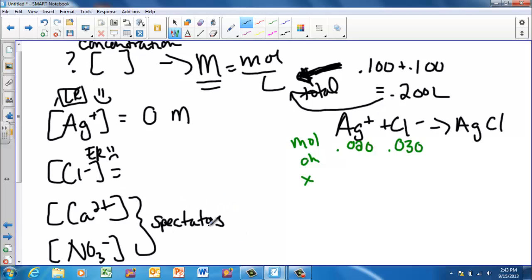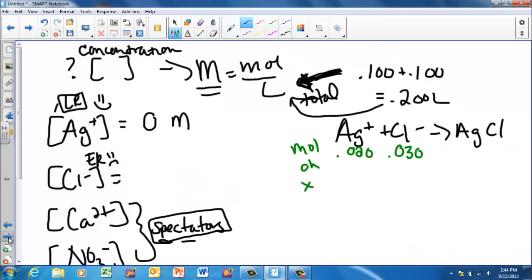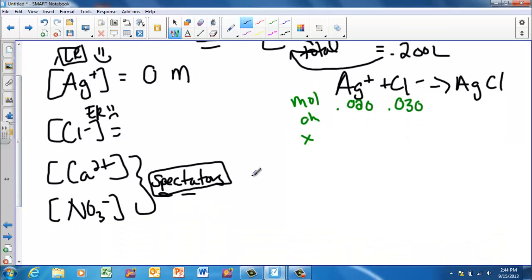I'm going to start with the spectators, because remember, spectators are ions that don't participate in the chemistry. So if you go right back to that very beginning when we found the moles of each compound, there were no curveballs, because there's 1 mole of nitrate in silver nitrate, and 1 mole of calcium in calcium chloride. So I can use 0.020 and 0.015 to go ahead and calculate the concentrations at the end, because they don't participate. So calcium, remember, is going to be